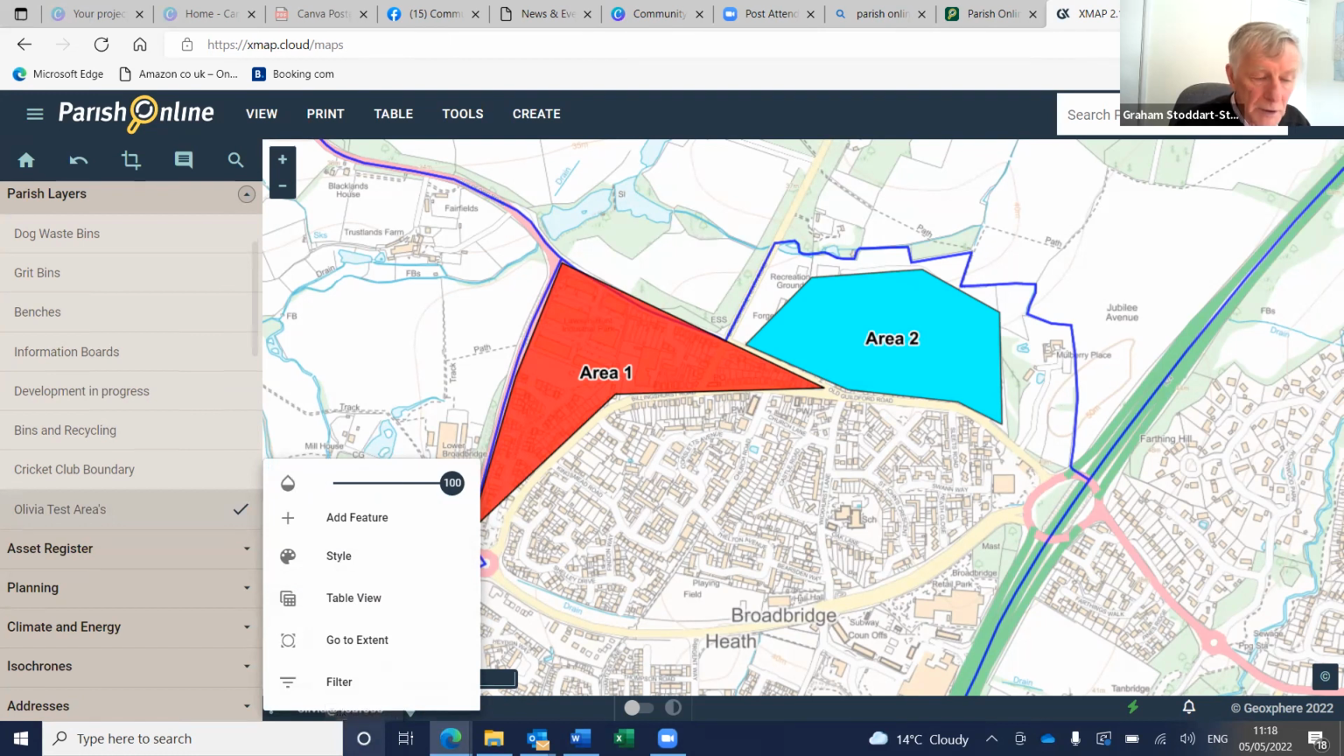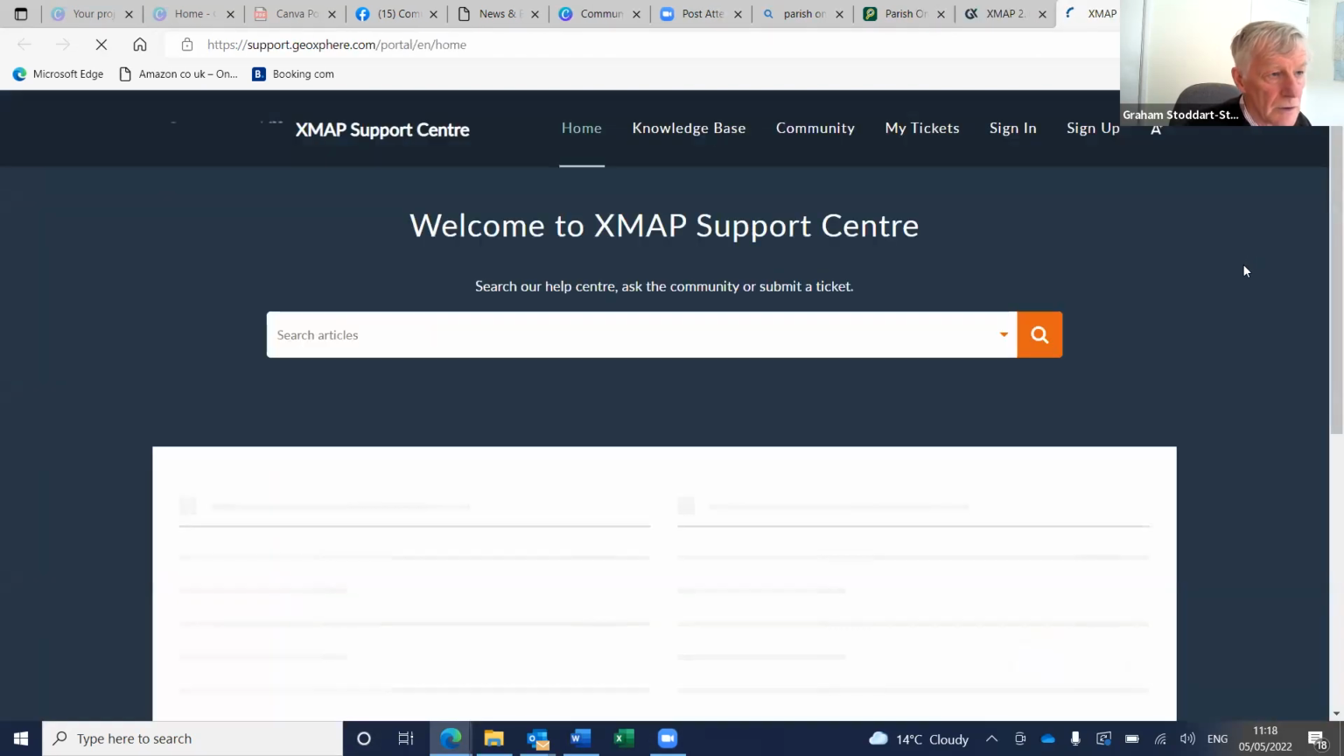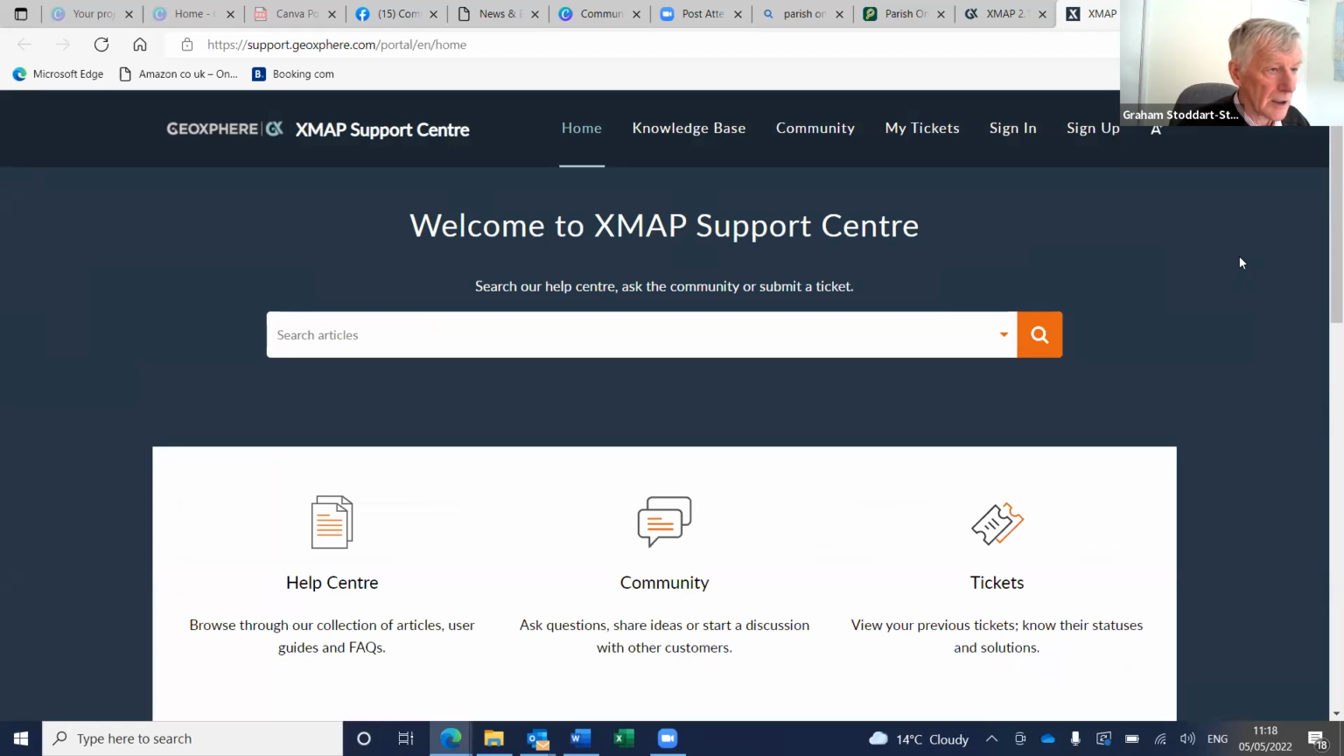So what I do need to show you now, as the finishing touch, is to go up to the cogwheel on the top right. Cogwheel top right. Select help and support. And now that takes you to the knowledge base. And if you click on the tab at the top called knowledge base,